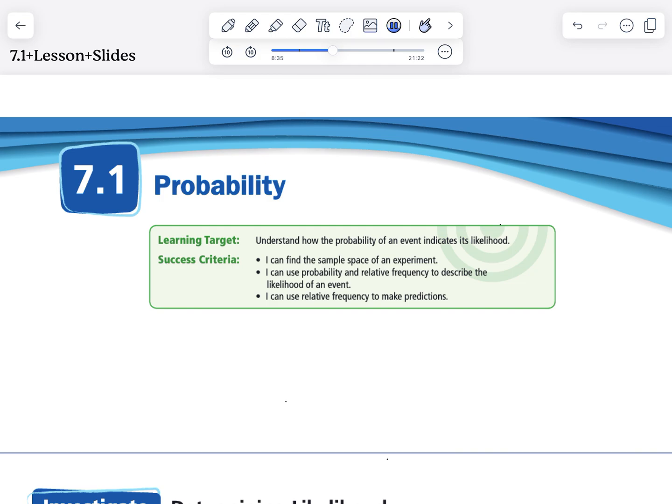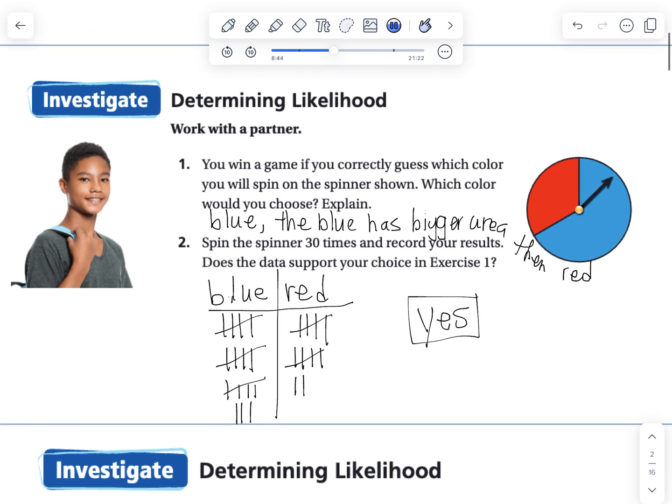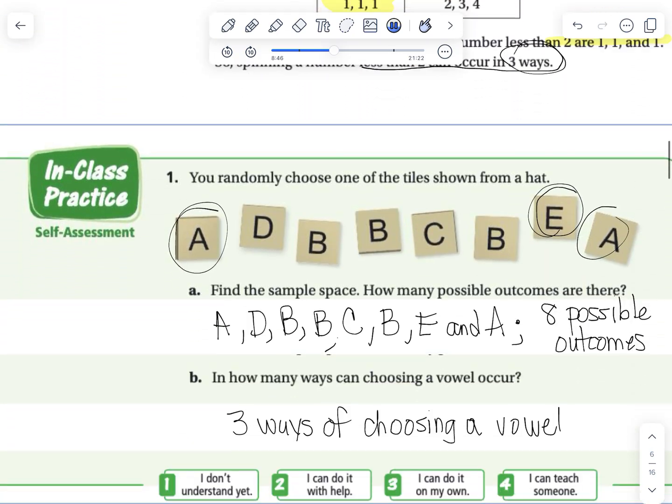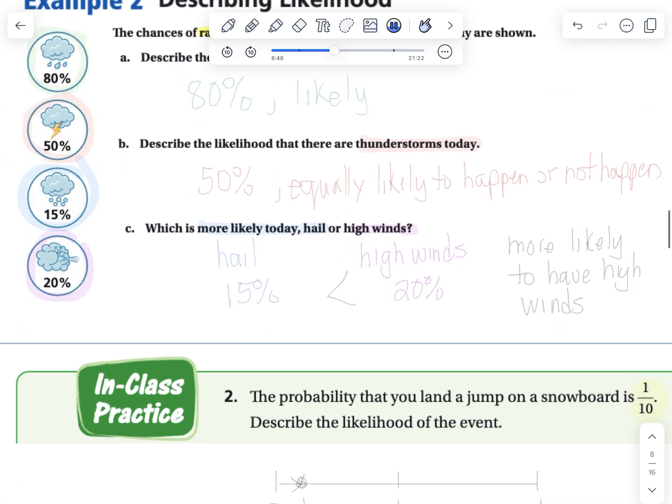All right, let's take a look. Now, what do we have here? The chances of rain, thunderstorms, hail, and high winds today are shown. So you can see them over here. So the first thing it says here is describe the likelihood that